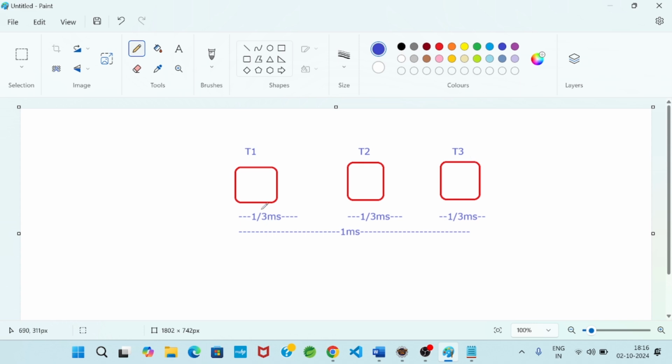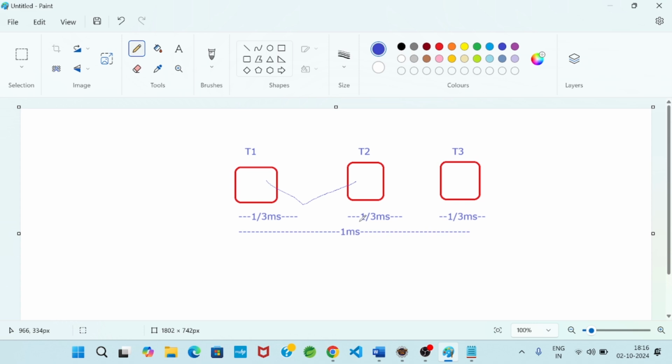Now T1 started its execution, then within 1 by 3 millisecond, T1 has to complete its execution. If within 1 by 3 millisecond T1 is not able to complete its execution, then the control will switch over to T2.